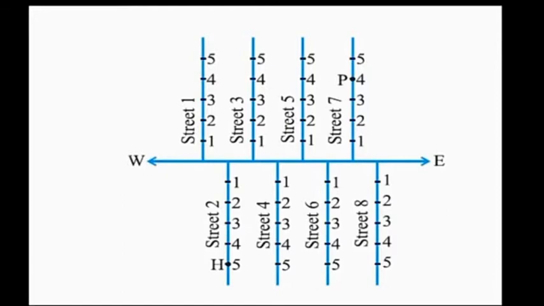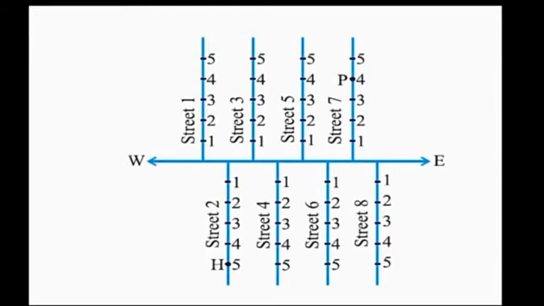Not as easily as when we know two pieces of information about it, namely the number of the street on which it is situated and the house number. If we want to reach the house which is situated in the second street and has the number 5, first of all we would identify the second street and then the house numbered 5 on it. In this figure, H shows the location of the house. Similarly, P shows the location of the house corresponding to street number 7 and house number 4.